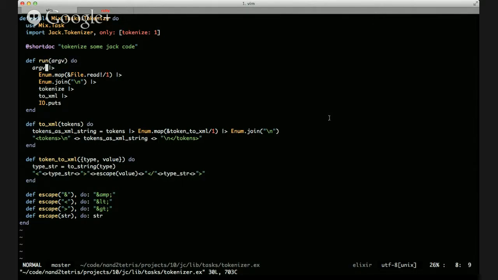And then I just run through all those arguments and say, map over those, calling the File.read method. So however many files got passed as arguments to this command line, I'll just run through and read those all into strings, or what Elixir calls binaries. And then I join those all together with a newline. This is not actually really a good idea, but that's fine. And then I just call my tokenize method, and I have this little toXML helper. The toXML just basically wraps my whole output in these tokens opening and closing